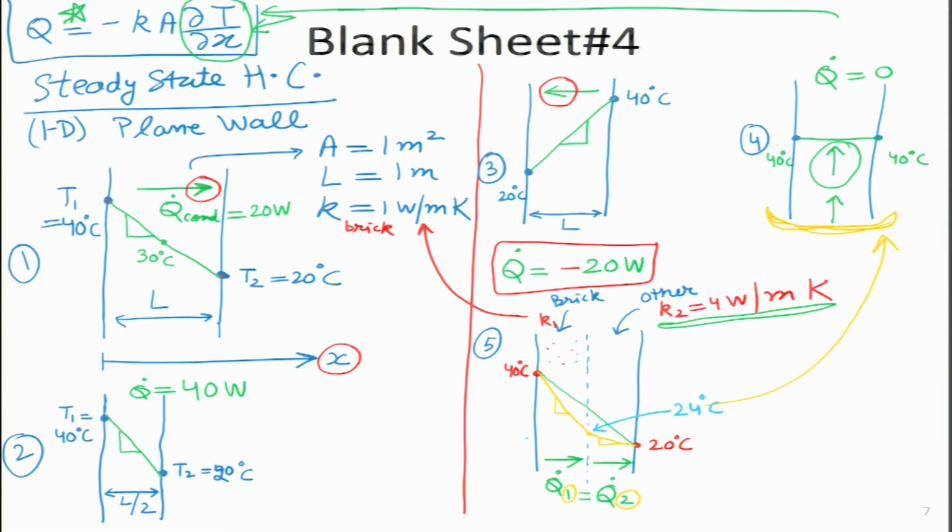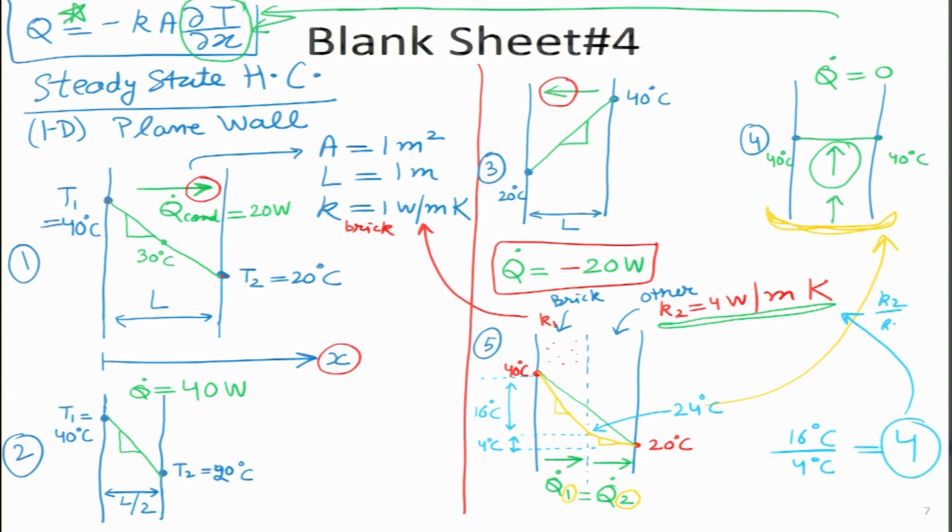and that is very interesting to see, because if we look at this temperature change, it is about 4 degrees centigrade, which is 24 minus 20, and this temperature change from 40 to 24 is about 16 degrees centigrade. So, if you take the ratio of 16 degrees and 4 degrees, we get the ratio 4, which has to be equal to the ratio of K2 by K1, and that is actually true.